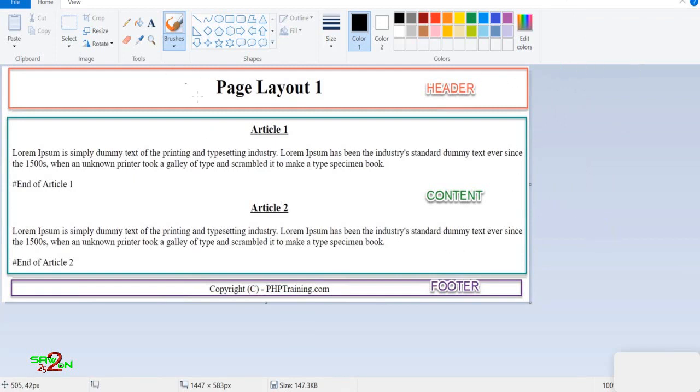you have a header box, then you have a content box, then you have a footer box. So you have three different types of boxes available. That's basically the layout: a header layout, content layout, and a footer layout. This is one of the layouts, without the sidebars. That is the first layout we'll create. We'll create a header, the content, and the footer, and we'll not have a sidebar. Eventually we'll try adding the left sidebar and the right sidebar.